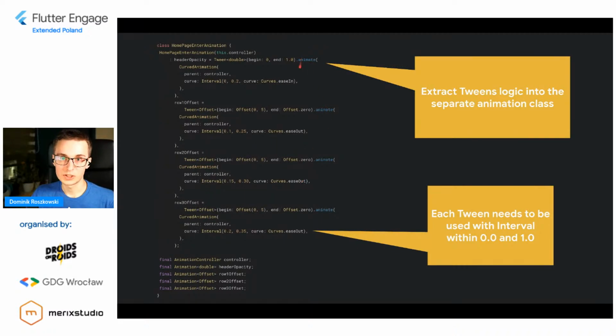Then I'm using this syntax that I've shown you before about tweens. I'm using .animate, and I provide my controller, but I also wrap this controller in a curved animation. So each of them is wrapped with curved animation. However, the curve that I provide is not just a simple curve like before, is in, is out, or whatever. It's actually a different curve. It's interval. So interval is a curve that just takes a part of a given,